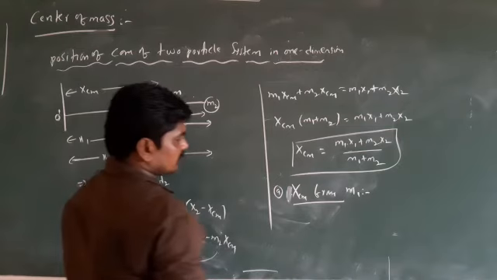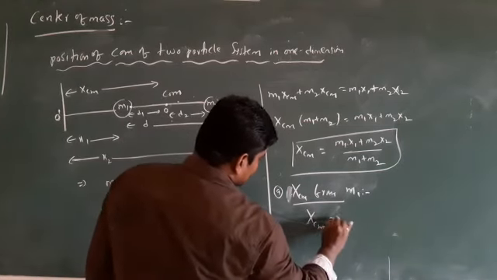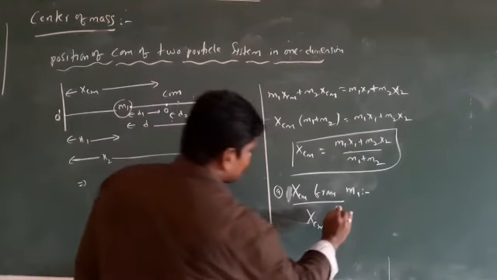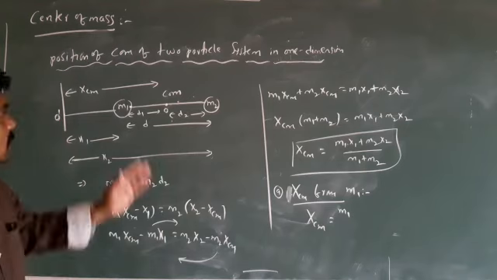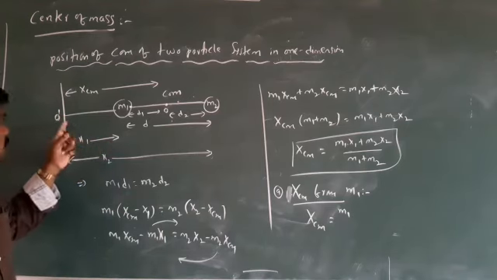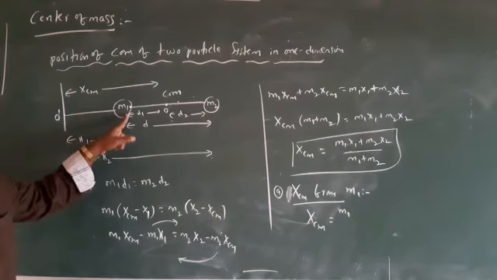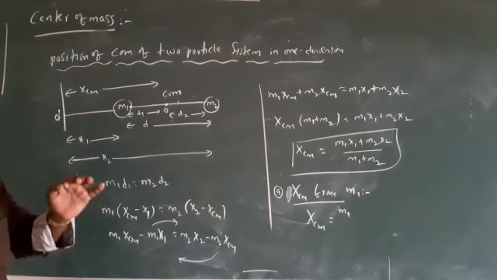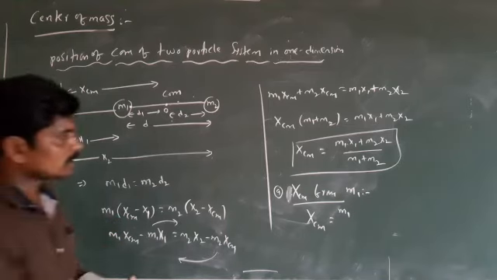Using this also I am writing the position of the center of mass from m1. xcm is equal to m1 times x1. Now in this case, what is x1? When this is the origin, this is x1. But we are considering the origin at m1. Now, what is the x1 value? x1 value is 0. Why? Here x1 is the distance of m1 from the origin. If the origin is considered at m1, now x1 value is 0. That's why it is 0,